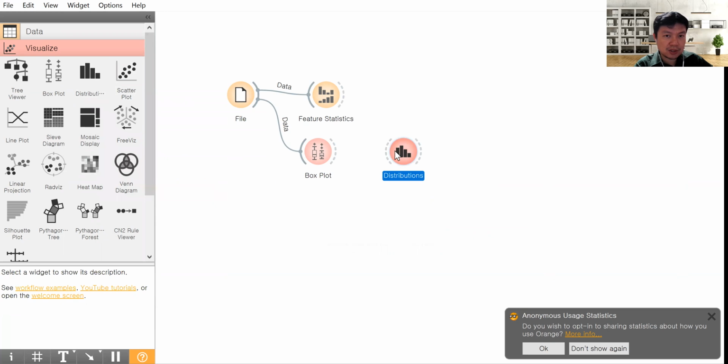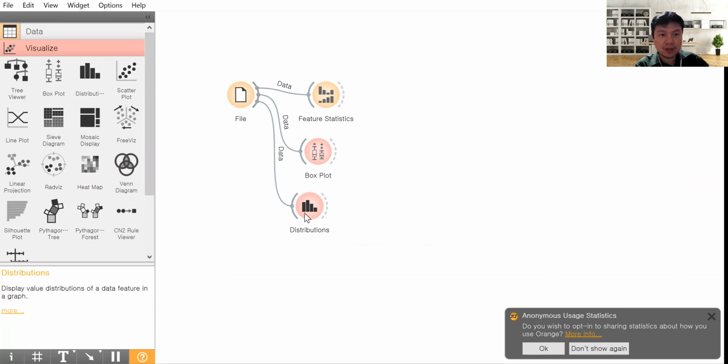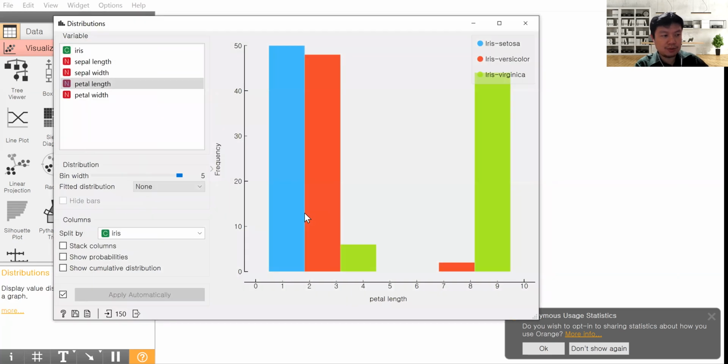The distribution here is the same as the histogram that we already learned. With the distribution, we want to see how the continuous variables, or the continuous attributes, are distributed among the range.